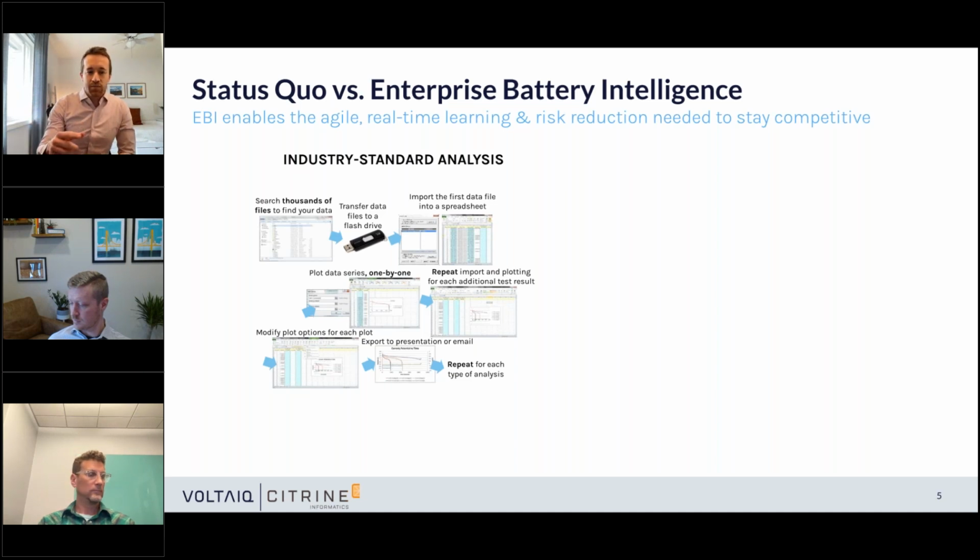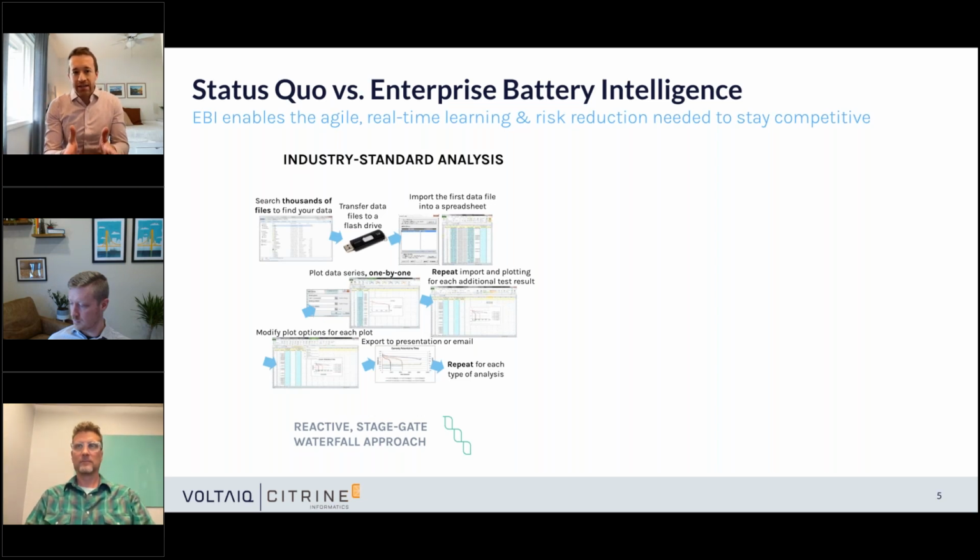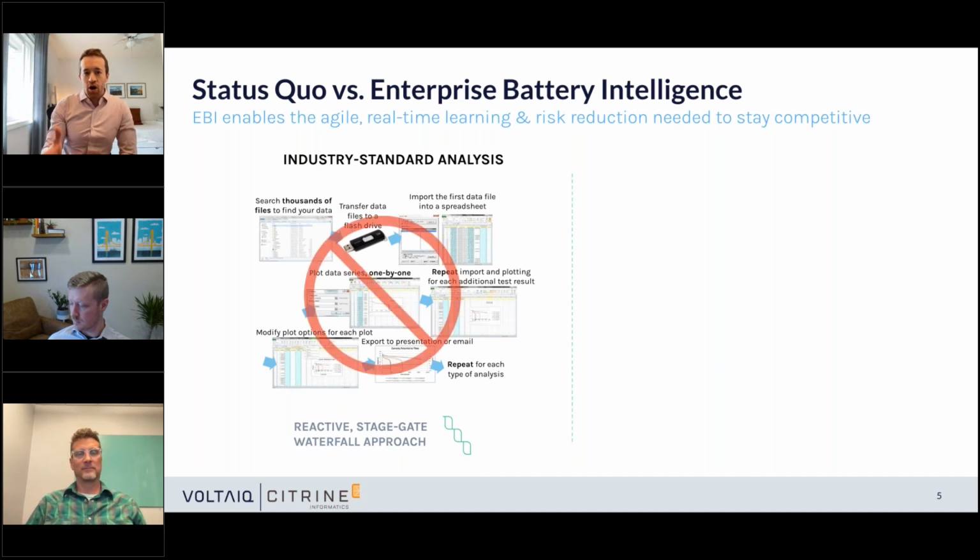And this makes it a stage gate waterfall approach where you're limited, right? Your reaction time here is very slow, and it's dependent on this whole process that you have to go through. So you're able to only analyze a limited amount of data, and you're not very quick in the way that you go about that. What Voltaic provides you through our enterprise battery intelligence is we want to move away from